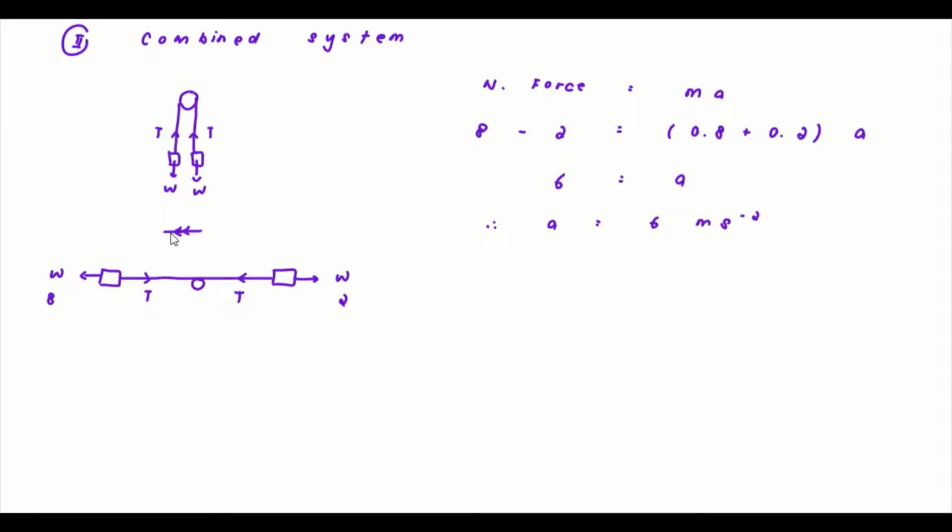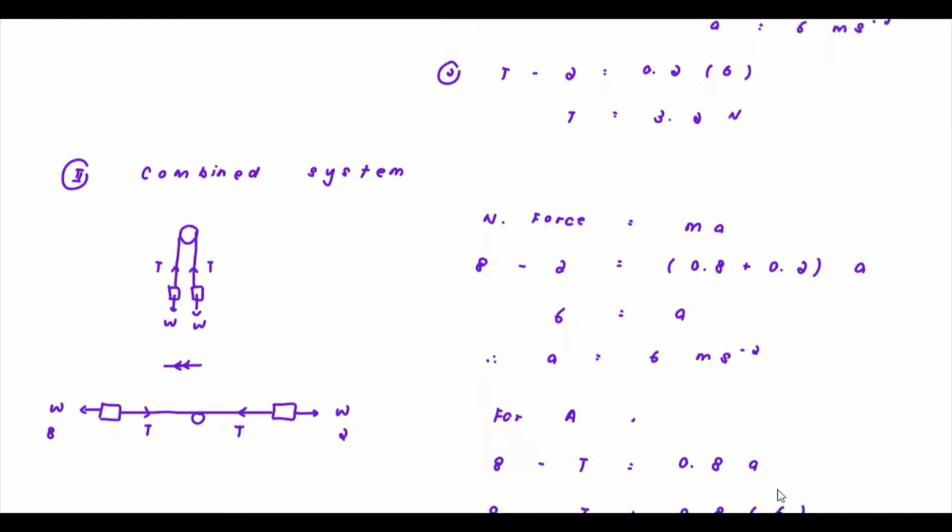So you can use either one that you like. For example, for this, let's say we denote going left as the positive direction, then we just do the same thing. So this is for particle A. We have 8 minus the tension equal to the mass multiplied by the acceleration. So 8 minus T will be equal to 0.8 times 6, where 6 is the acceleration. So we get T equals 8 minus 4.8,